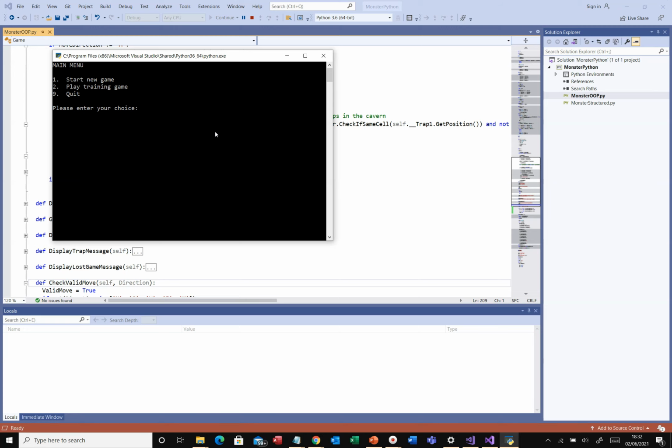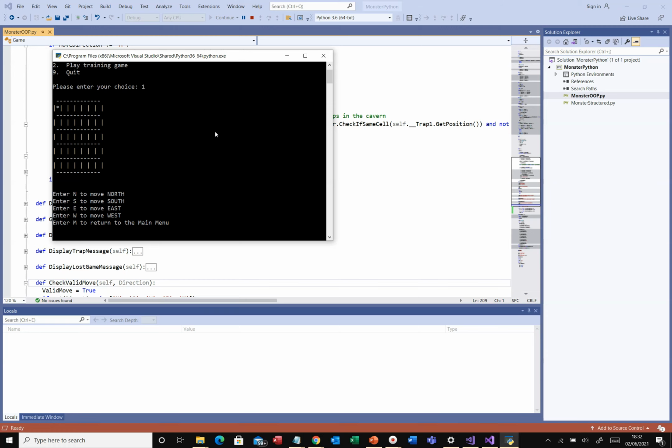I don't know if that click started it or I just happened to click at the right time. Okay, start a new game. So I can test right at the beginning, can't I? Let's see if the messages that I've put in do the right thing. So if I put in an X, it should tell me, yes, please enter a valid character. It's offering me again some valid options. So if I try and go north,